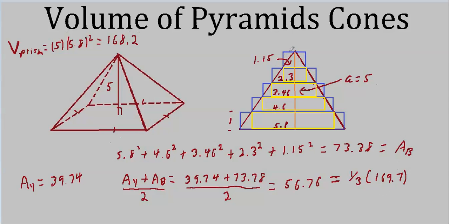I said area, I'm sorry. Volume of a pyramid. Area of a pyramid really doesn't make sense. You can have surface area of pyramids, but plane area, well, that's doubly dumb because there's no such thing anyway. Volume of the pyramid is what I meant to say. The volume turns out to be exactly 1/3 of the volume of a prism with the same dimensions. That's why I wrote it out this way.